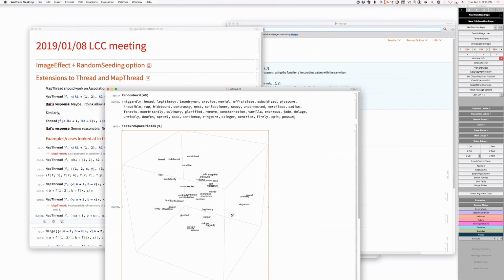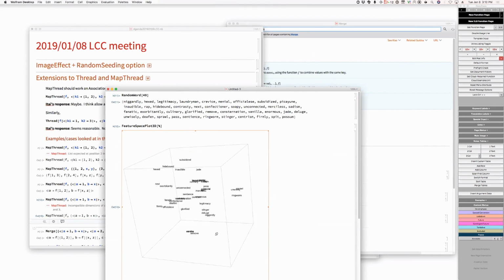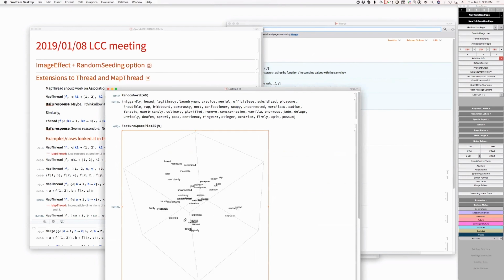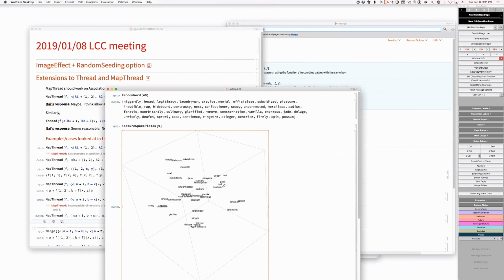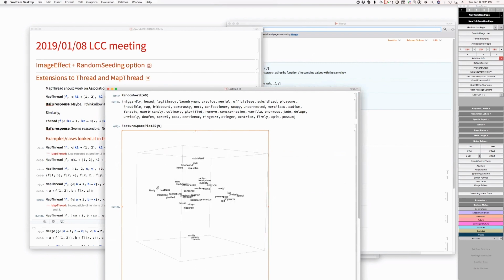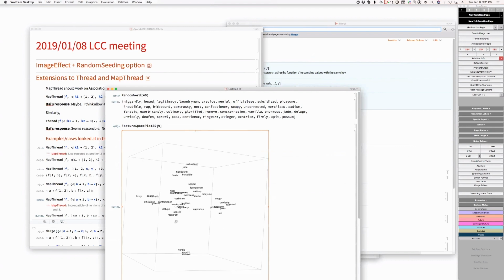I mean, this is clearly an example of a somewhat meaningfully arranged set of words. Why possum? Do possums spit? I have no idea if possums spit, but why pass and possum are near to each other, I have no idea. I mean, this is using some things that are actually not totally ridiculous that they're near each other. Okay,